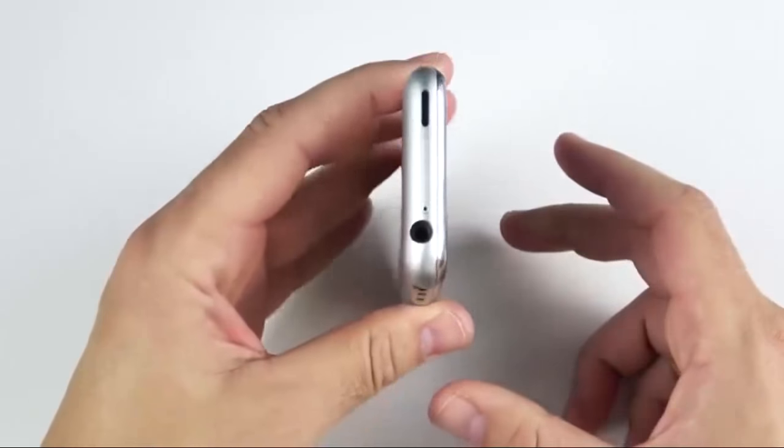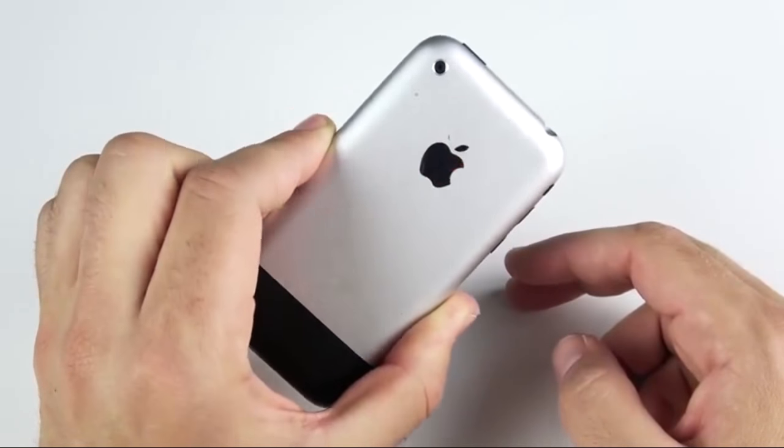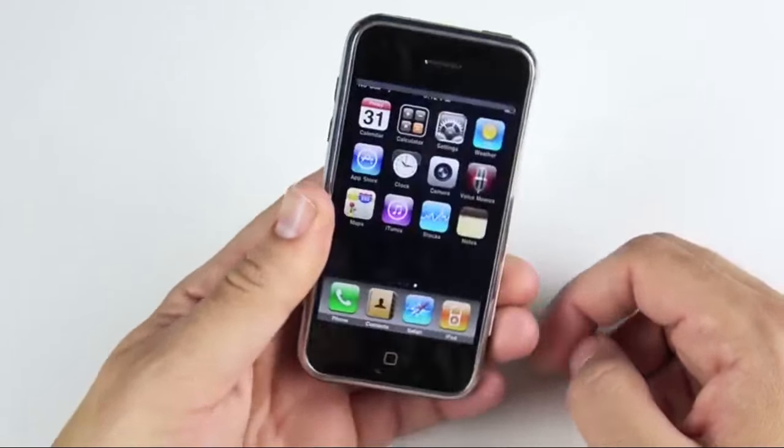This was my revisited look at the 2007 iPhone in 2018. No, it's not really usable unless you're going to use it just to make a